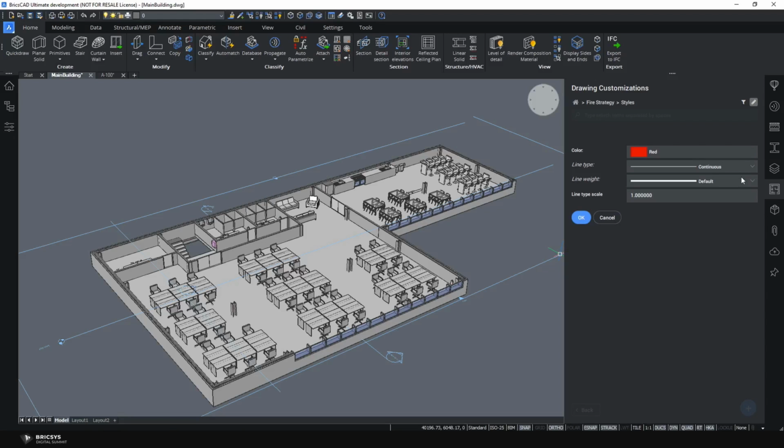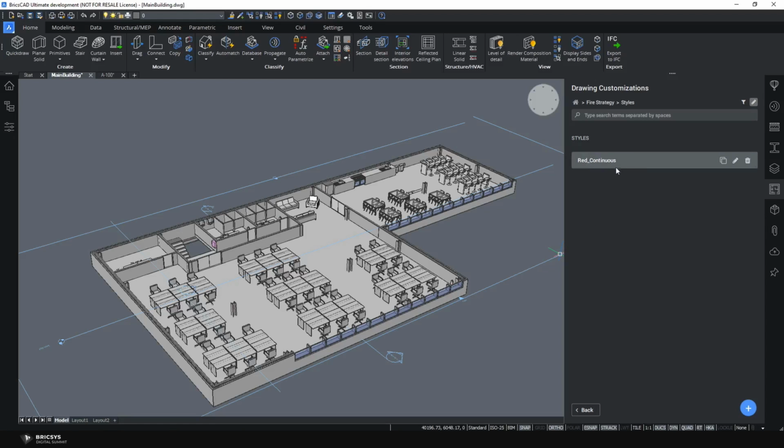We are generating real DWG files, vectorized DWGs, in which every entity is a vector. So that means that whenever you customize something, it's really on line level that you put the properties such as line weight and line type scale. In this case, we can leave it at the default, so I press OK, and we have a first style,